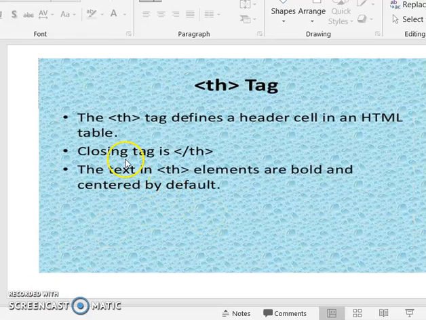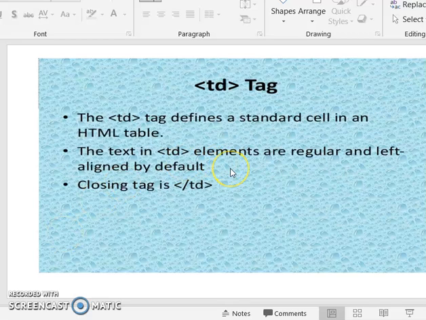The th tag defines a header cell and closing is /th. Text in th elements is bold and centered by default. By default, the heading information displayed using the th tag is bold and centered. Next is the td tag.